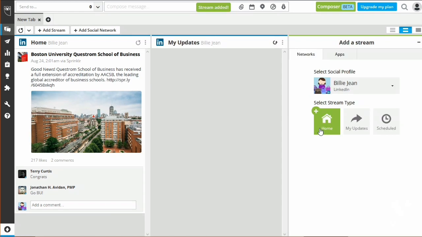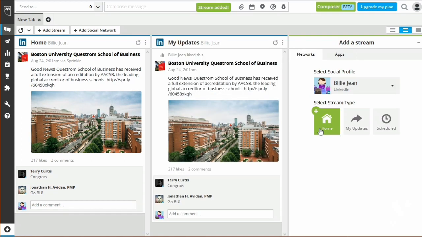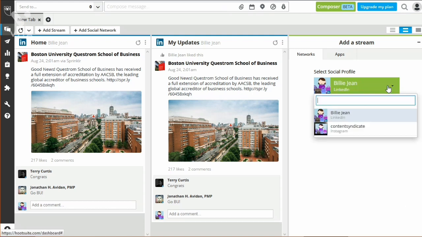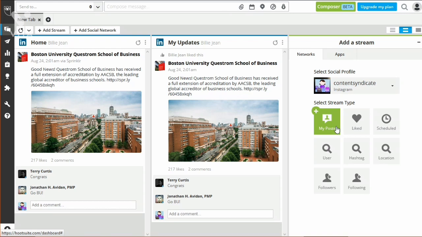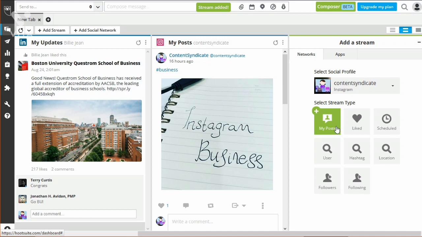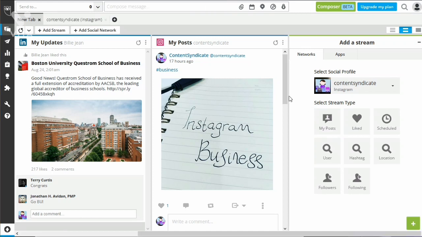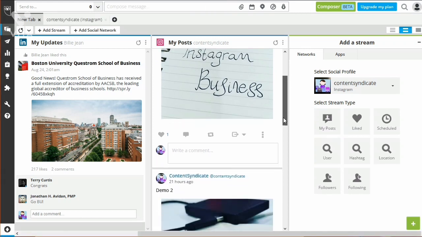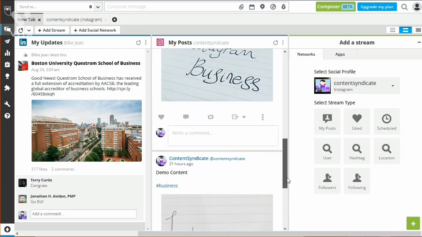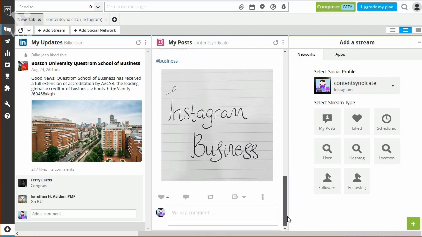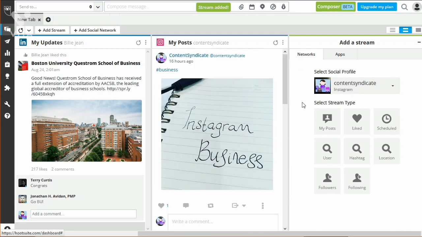The idea is to let you interact with your audience using Hootsuite instead of logging into LinkedIn. This option is similar if you click My Updates icon. Next, let's try switching to a different account. If you switch to Instagram, you will get to interact with a different list of stream type. For example, click on My Posts. If you scroll all the way down, you can see all the images you uploaded. Just like LinkedIn, you can directly address any of your followers' concerns regarding your content using the Stream option in Hootsuite. That concludes this final module on using Hootsuite as your automation tool.